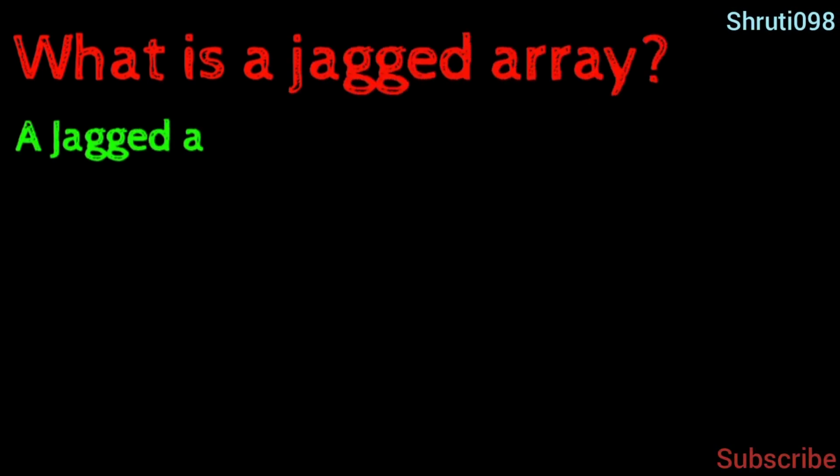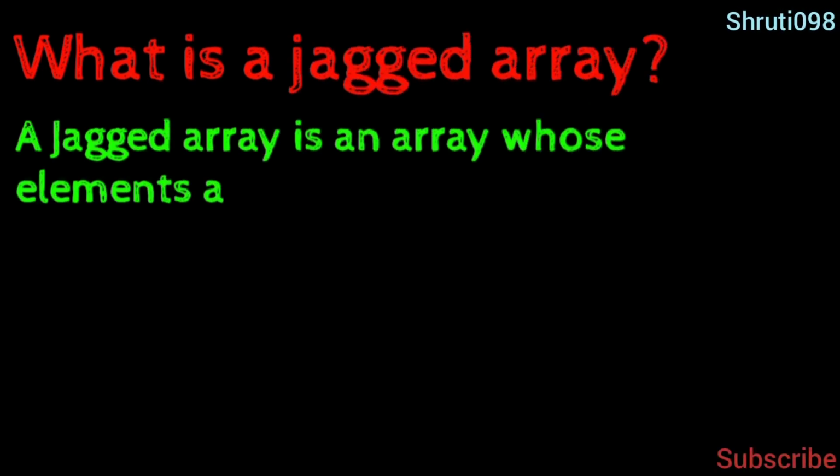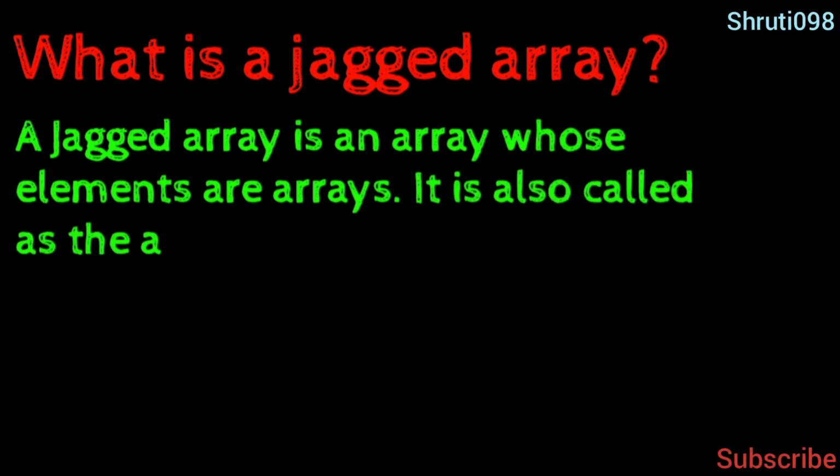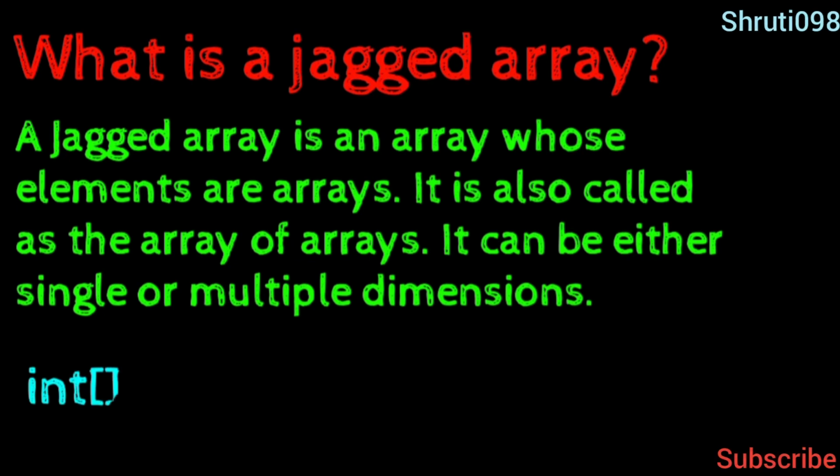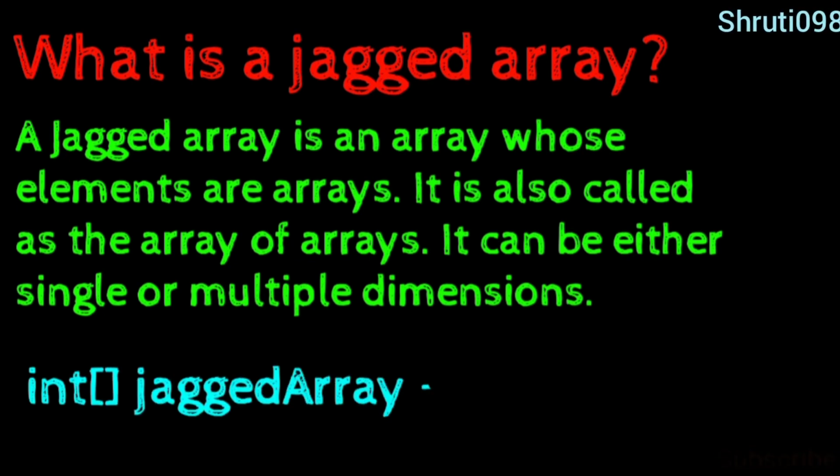Question: what is a jagged array? Answer: a jagged array is an array whose elements are arrays. It is also called an array of arrays. It can be either single or multiple dimensions. int[][] jaggedArray = new int[4][];